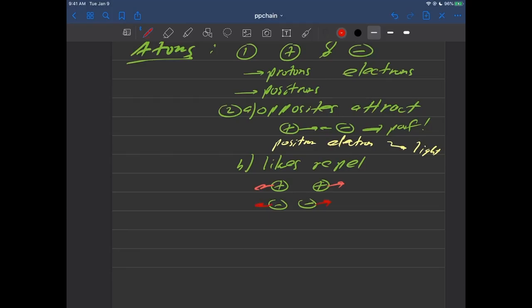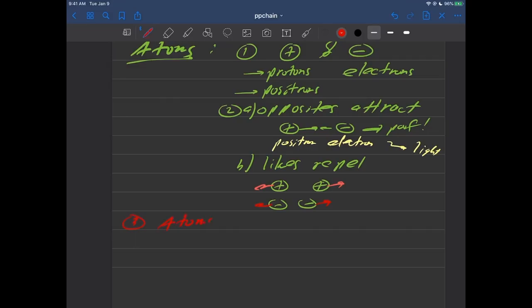So literally, in this case here, a force will develop between the two opposites to pull them together. And in this case here, a force will develop between the two like charges to repel them, to push them away. Okay, and so maybe the next thing to review, point number 3 right here, is with these positives and negatives,